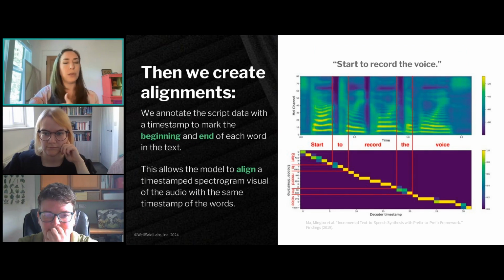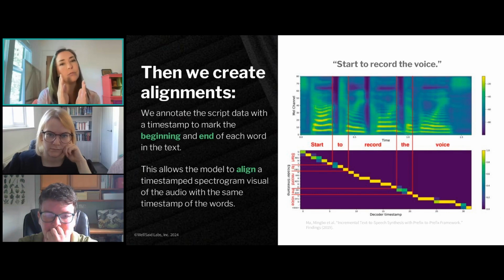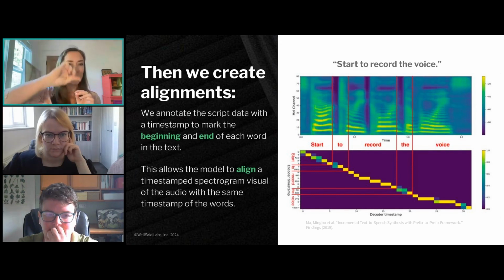We then create something we call an alignment. We know that the voice actor read from a script, and we know that they read these words that sound like this and look like this in a spectrogram, but what does that mean? We use speech-to-text technology, the reverse, to help timestamp exactly where in the audio file a certain word started and ended, certain specific sounds started and ended, right? And we start to get closer and closer to recognizing all of the sounds that make up this phrase. You can see visually on the spectrogram above.